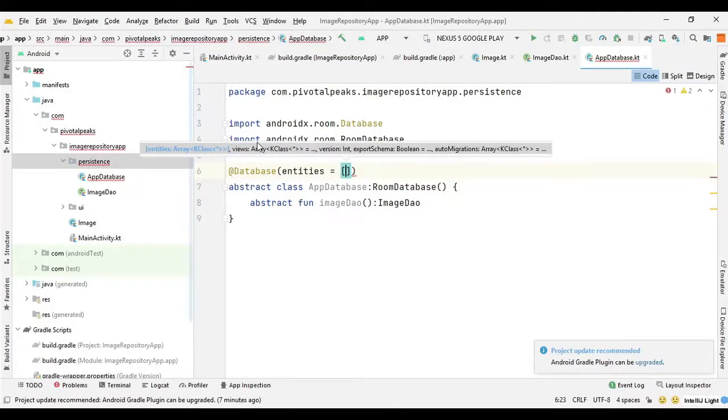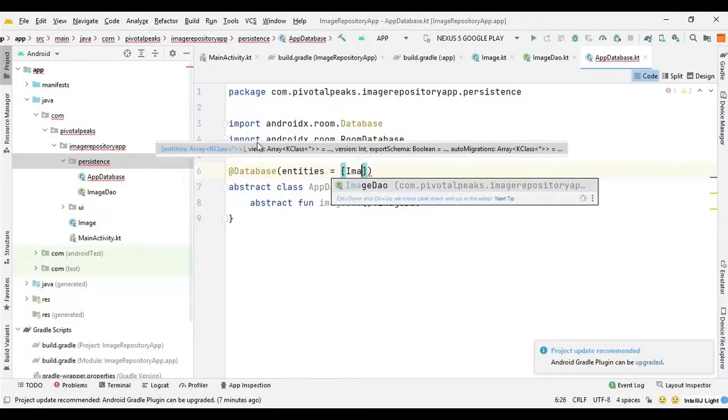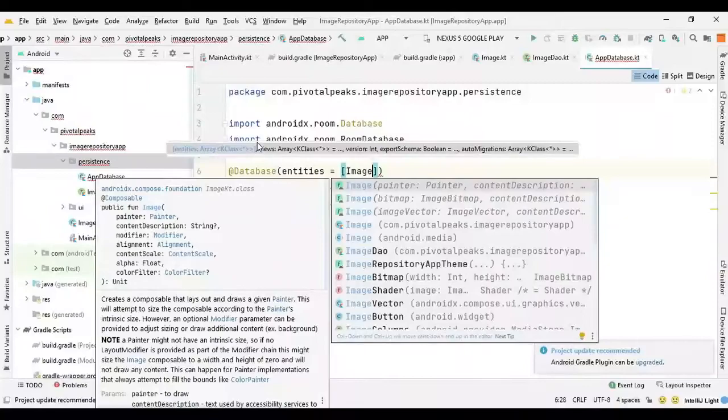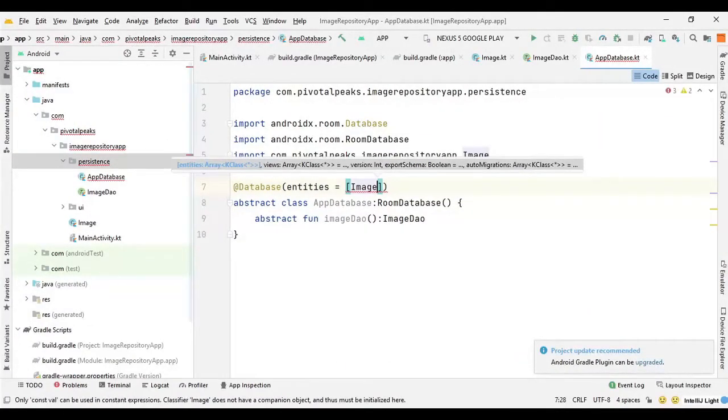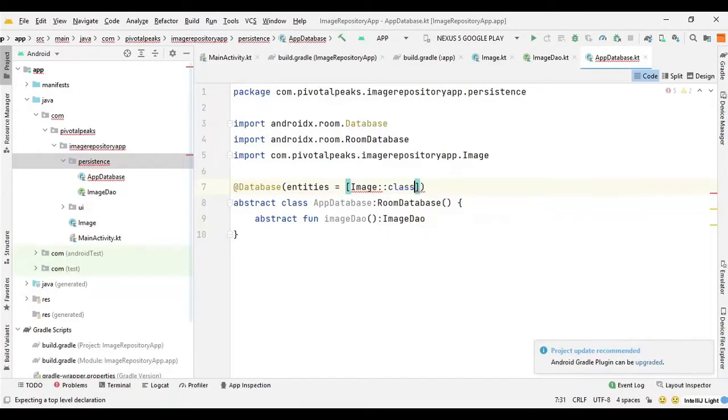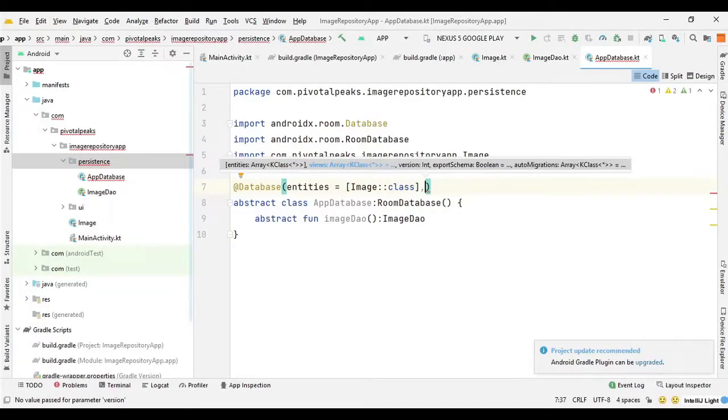We have only one entity in our project, so we can say Image colon class, and the next parameter we need to provide is the version. So we can say version, and it's going to be 1 because we have not created a database yet. So it starts with 1.